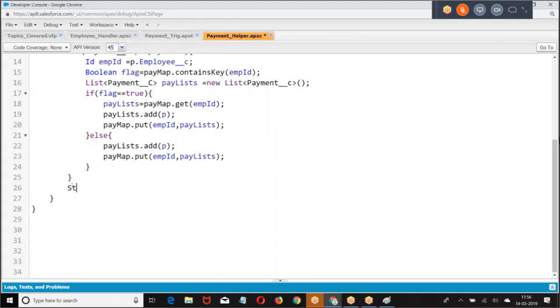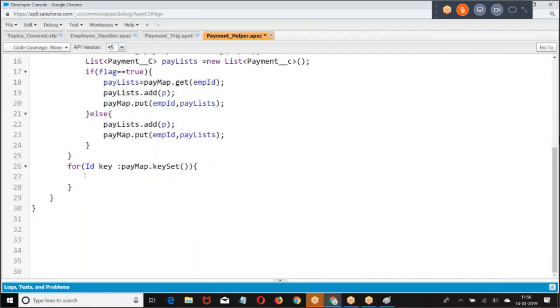Then what I was supposed to do? Then I have to take like this. For ID key equal to pay map dot. Then what I'm doing? I'm taking one by one employee. For every employee, we have a list of payments.